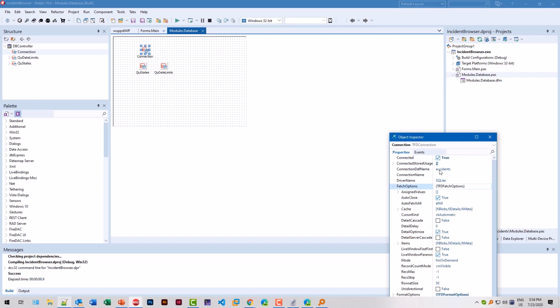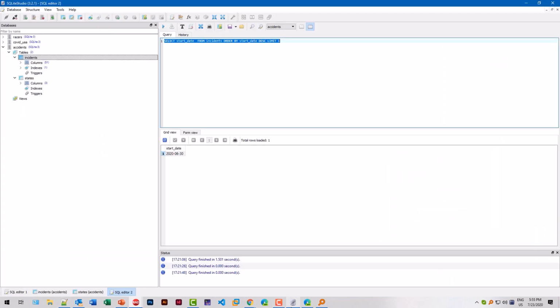I think it's in the fetch options, and wow, I found it right away. Record count mode, and you see CM visible. It's set to the records that are visible right now, and if you really want to make sure that the record count mode means it's the total number of records, just be very careful using CM total, because in this case for this database that we're using right now,